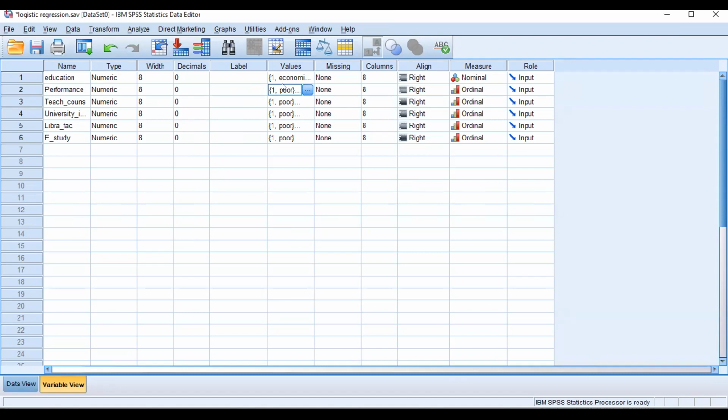But when we do not have this scaling, we cannot apply the linear regression model. Instead, we will go for the logistic model. So in the logistic model, what do we do?